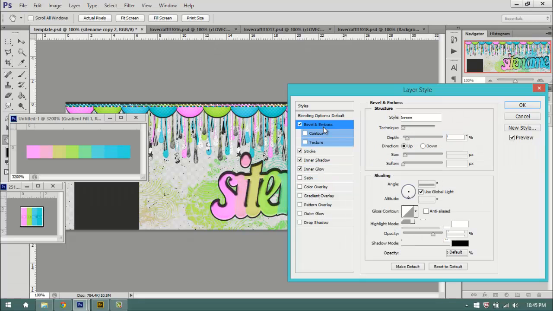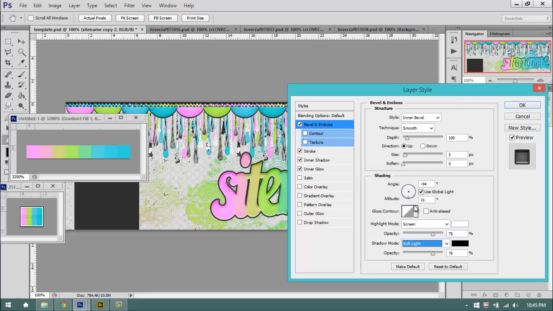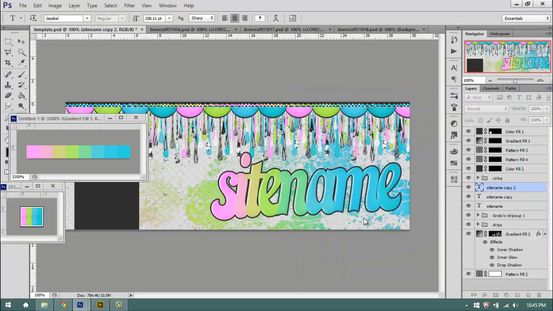We're going to do velvet emboss. I'm going to set multiply to soft light. Use global light off, and I'm going to set that to like so on the screen. Like so, we'll do 180. And we're going to drag